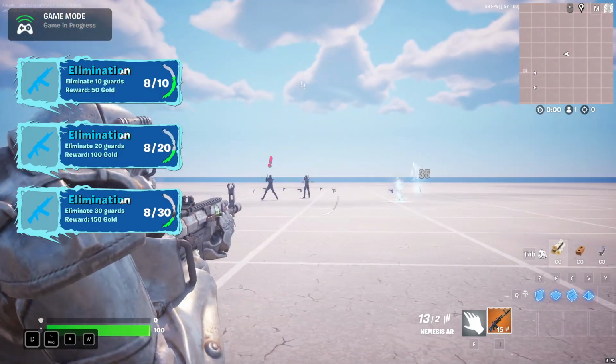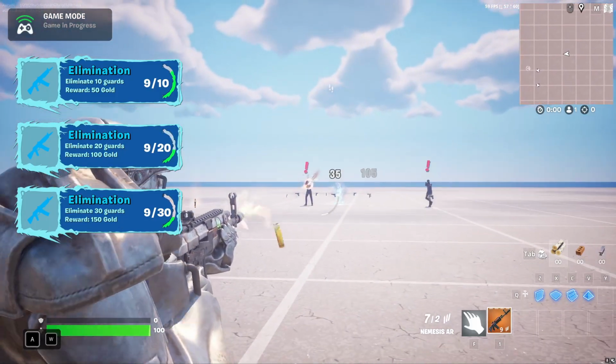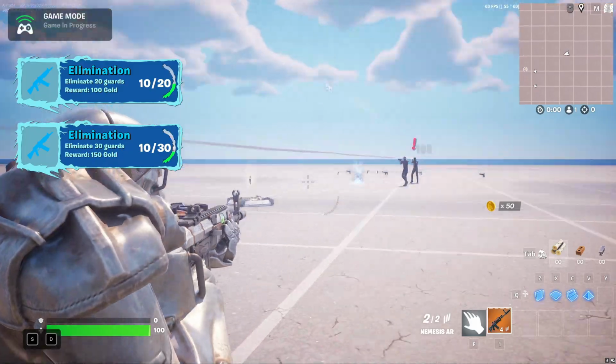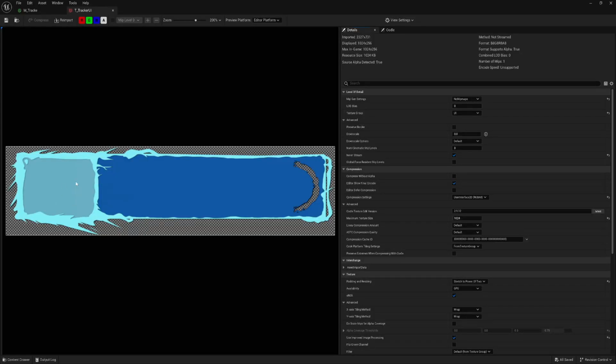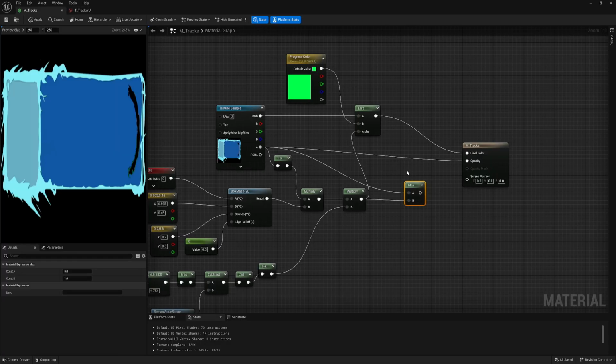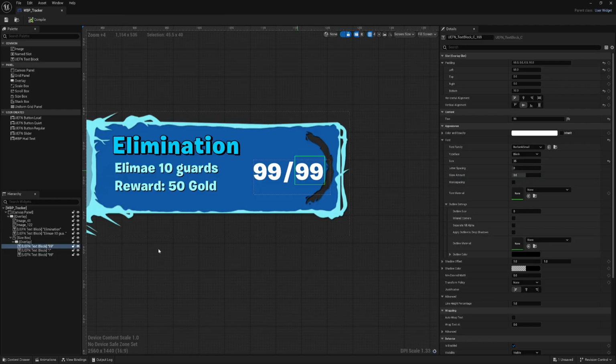Hi, in this video you will learn how to create a fully working custom widget for the tracker device. I will use for this an image created by Rusty Gala, who is a talented 2D artist and available for commissioned work. To make it work, I will create a simple material and then I will walk you through all the bindings required